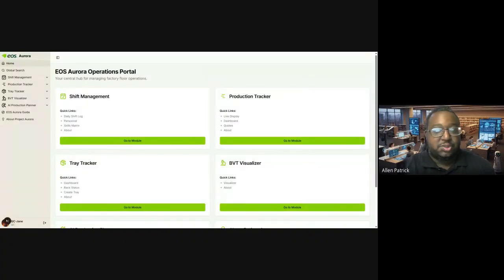Okay, so Project Aurora is a multi-tool data management system, tracking system, communication system. It's literally a system that will be able to bring light and better data to the EOS team. So one of the things that we can look at is